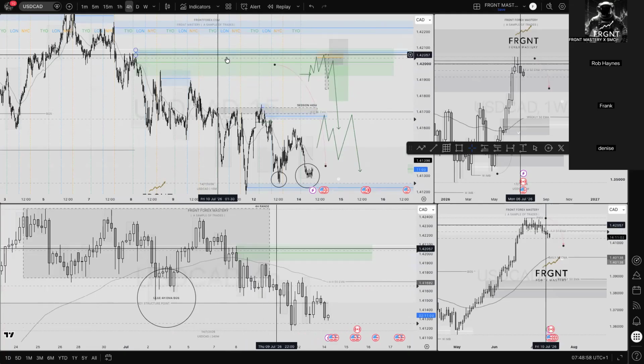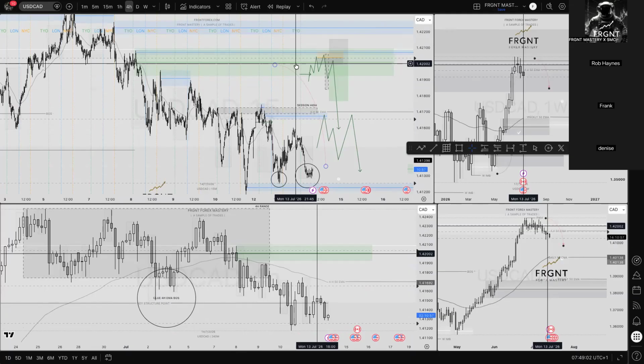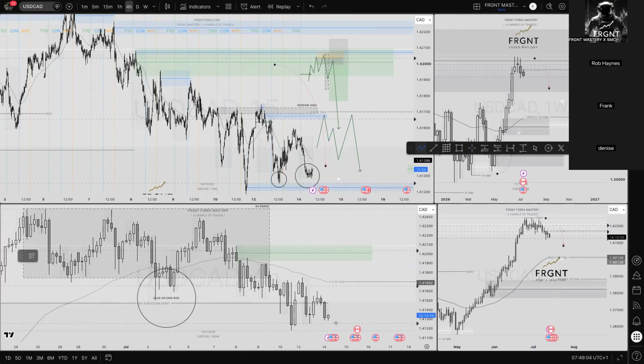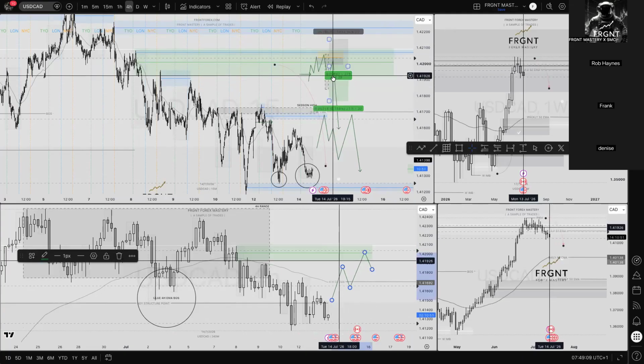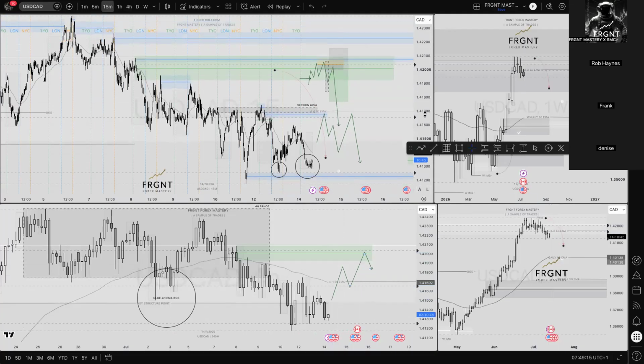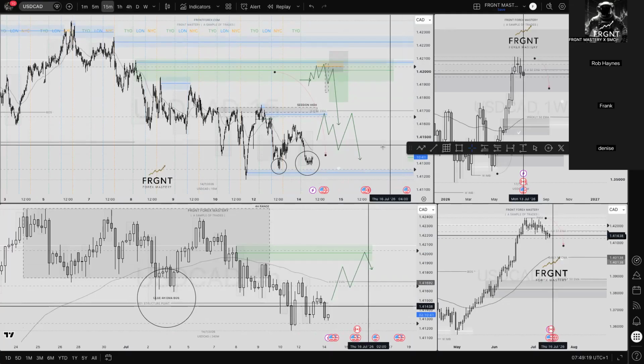Then when we start to refine that order block down, we've got this 15-minute order block right up at the highs. But again, with that said, by the time price gets there, it's going to be incredibly bullish. Therefore, my entry criteria, I'm going to need to wait for some significant 15-minute breaks of structure before looking to take that short position. So at the minute, US dollar CAD, not too much, in my opinion, available for me